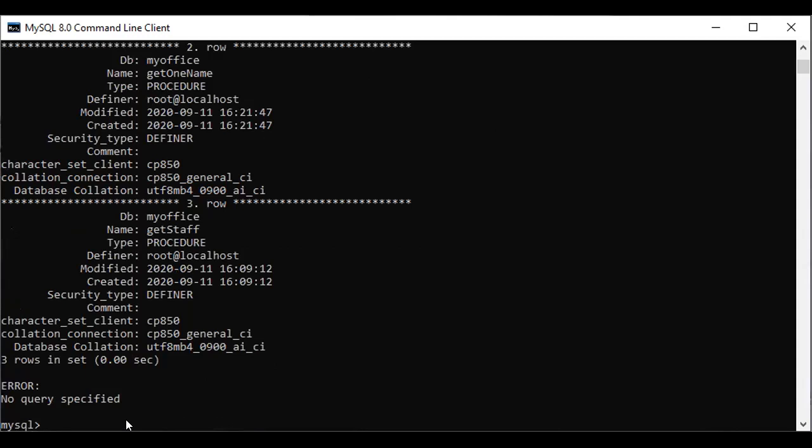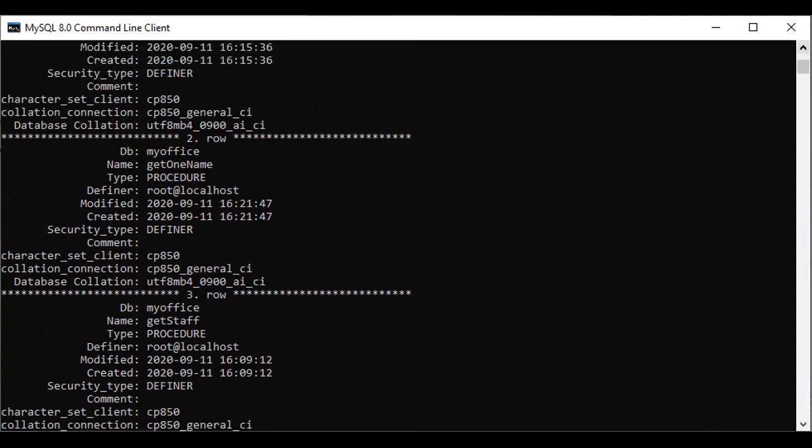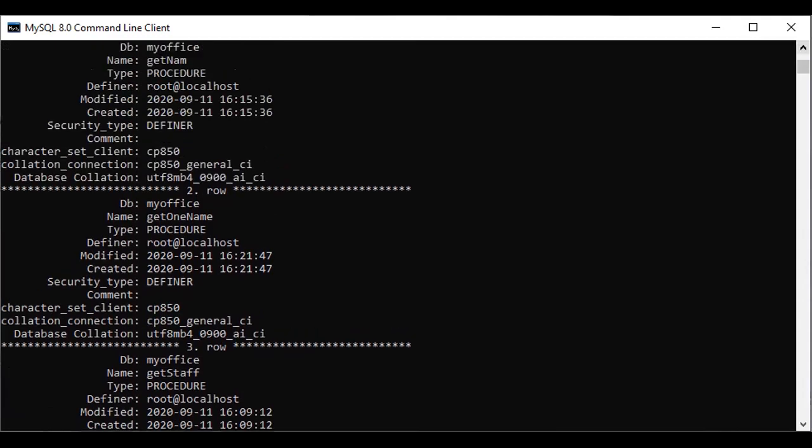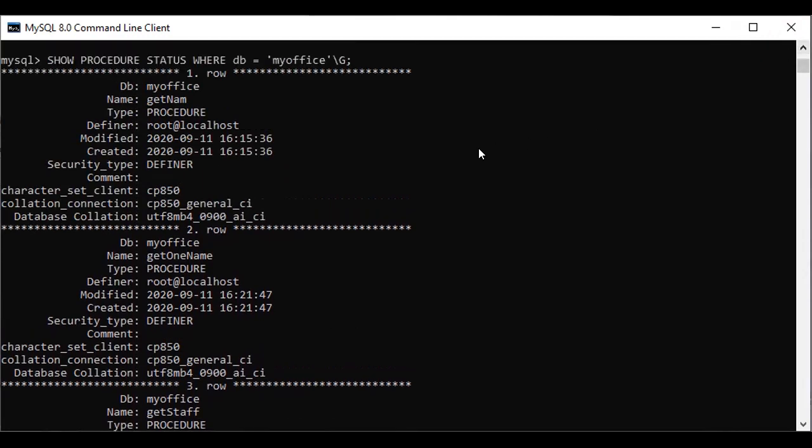Okay. So up to now, I created 3 stored procedures. These are here: 1, 2, and 3.